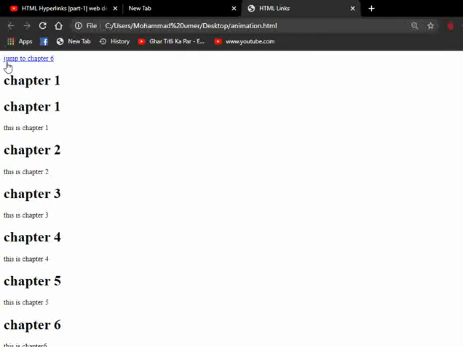Okay, so as you can see here, this is the link that we have just created. When I bring the mouse over this particular text, my mouse symbol changes from the small arrow to the small hand.